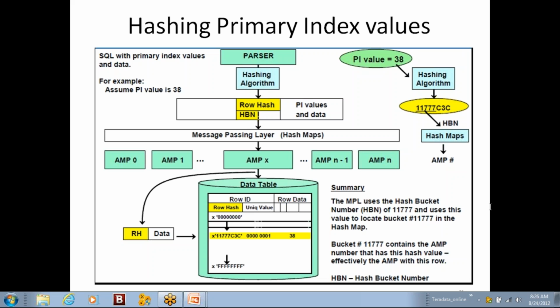No one needs to maintain these hash tables and hash map tables. They are configured at the time of configuration or upgrade. Whenever we do an upgrade, it is default maintenance done on the hash map tables also, so that when we reboot the system, it will determine all the AMPs and distribute the data across all the available disks. No maintenance is required in the hash maps.